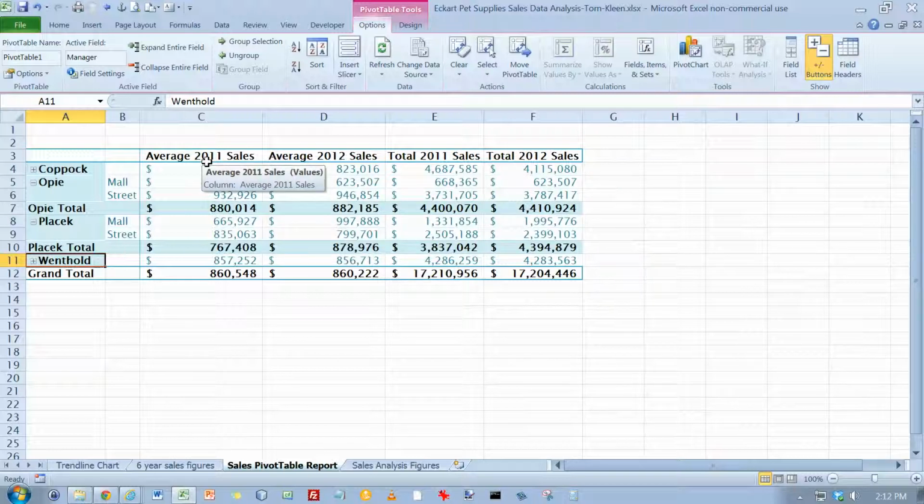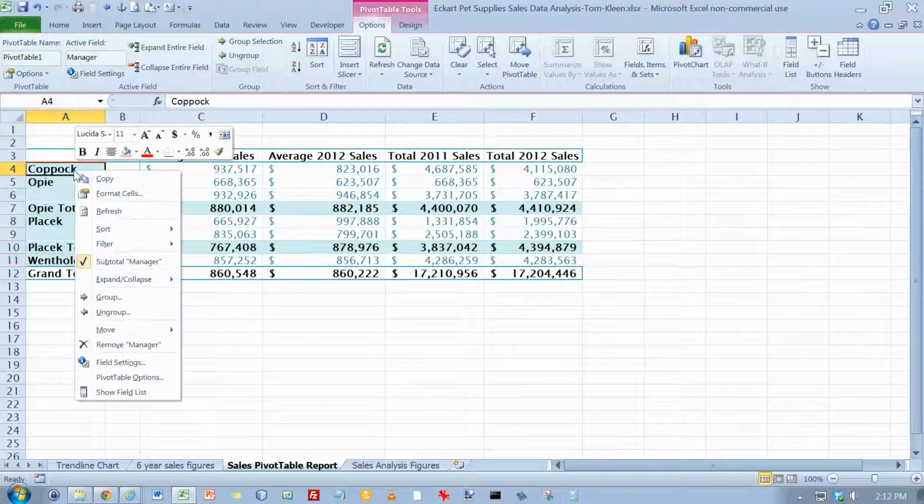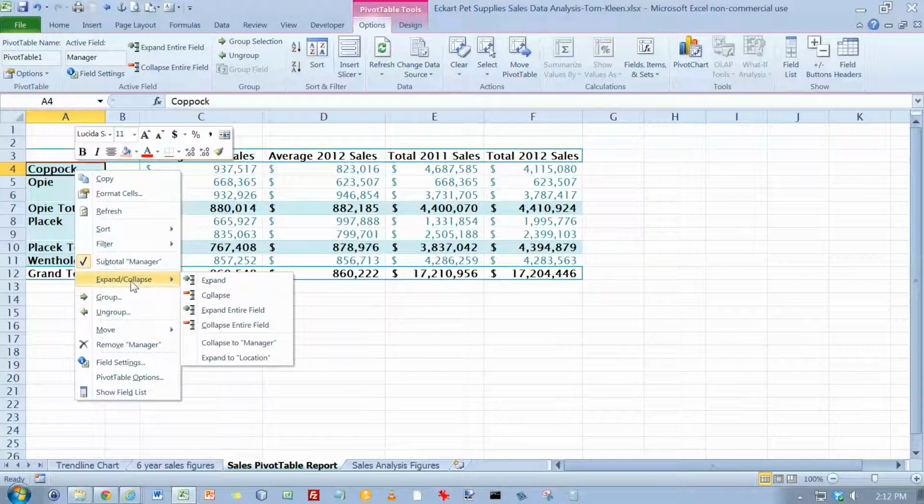And up here in our show group, we want to click on the plus or minus button up there to turn that off. And then we want to go to A4 right here, and we want to right click and go to expand collapse and click expand the entire field,